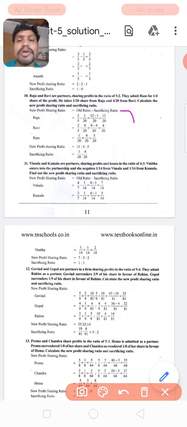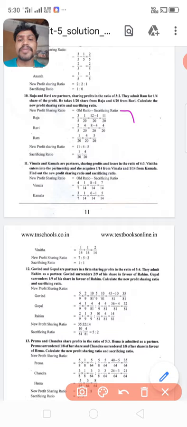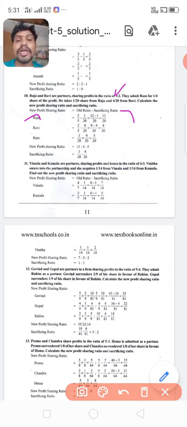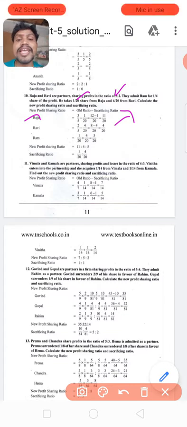One formula only we should study, then by using that formula we can find the answer. Right, my dear students, new ratio is equal to old minus sacrifice ratio. What is the calculation for Raja? Raja's old ratio is 3/5. What is the sacrifice ratio for Raja? 1/20, right? So 3/5 minus 1/20 is equal to 11/20 is the answer, because we have to make the